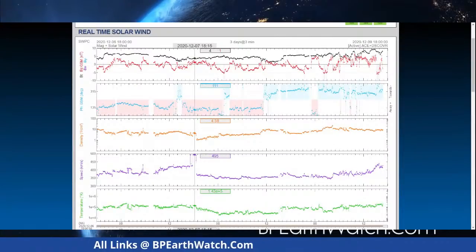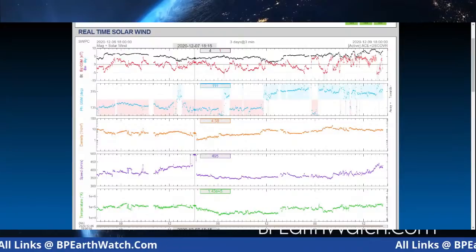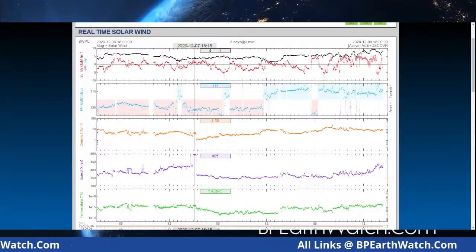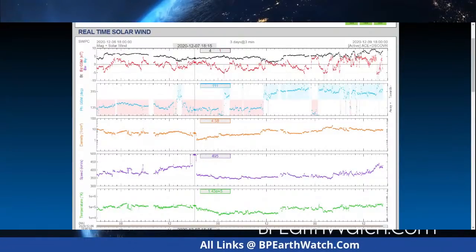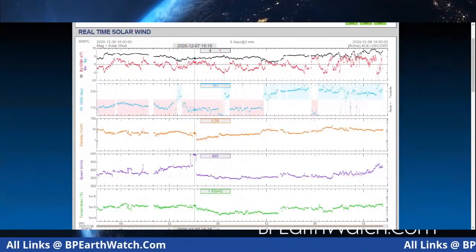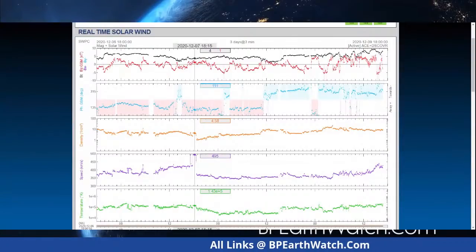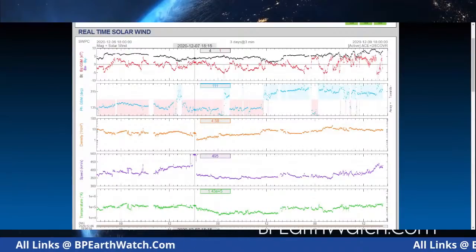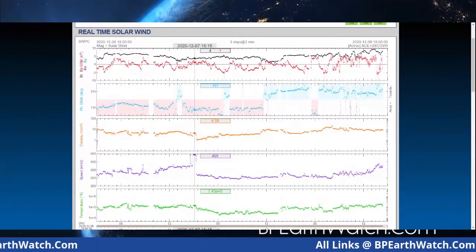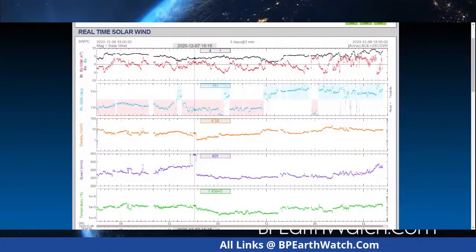I actually remember, during solar maximum, some of the peaks at 1,400 kilometers per second. You're dealing with 2 million miles an hour solar wind speeds. But I'll never forget watching the X flares throw the CMEs at us. Japan turned Earth facing as they approached the Earth, and the greatest nuclear disaster in the history of mankind occurred.